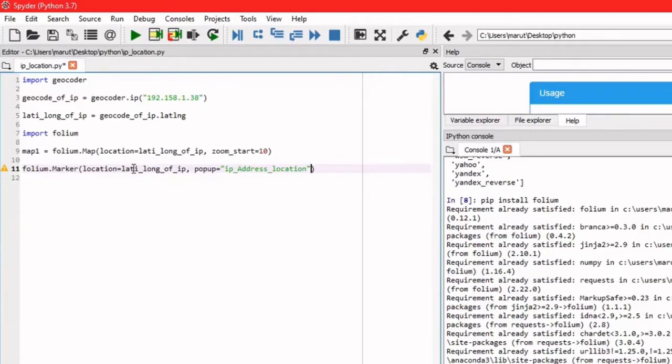Okay, so now we have shown the marker, then we have shown some information on the marker. Then we need to add this on the map. So dot add_to(map), our map is map1. Okay, correct. So after that, what we will do, we need to save this map as an HTML file